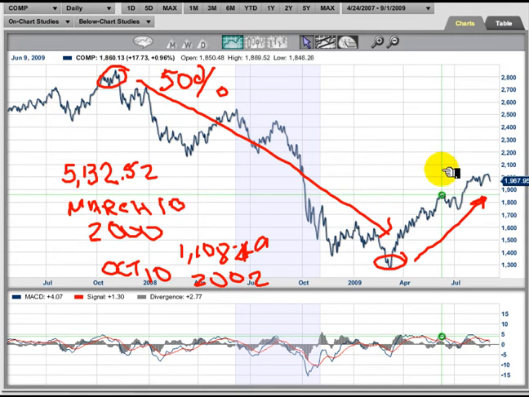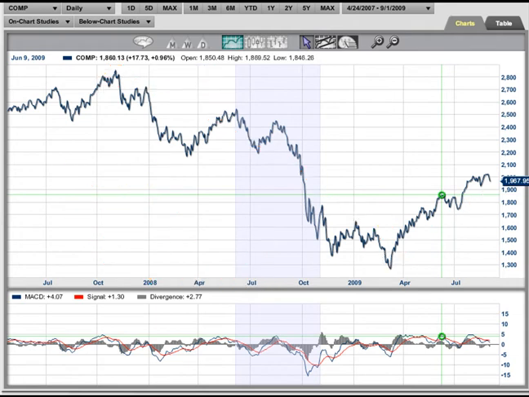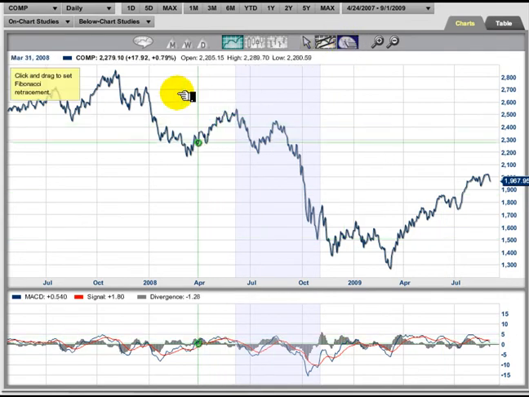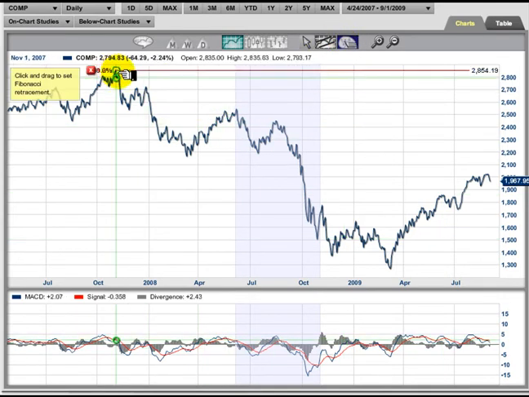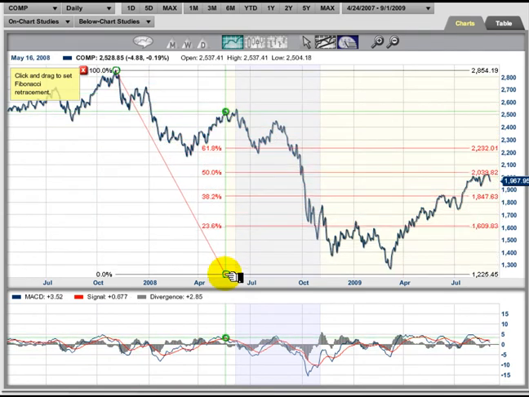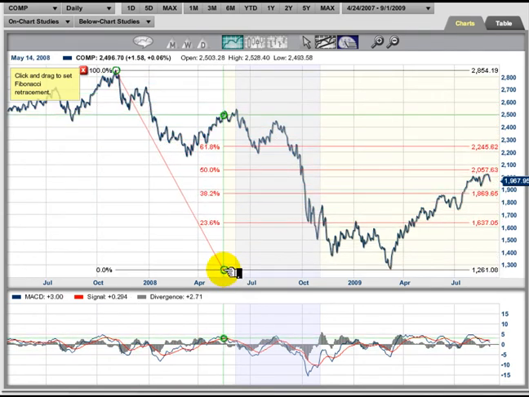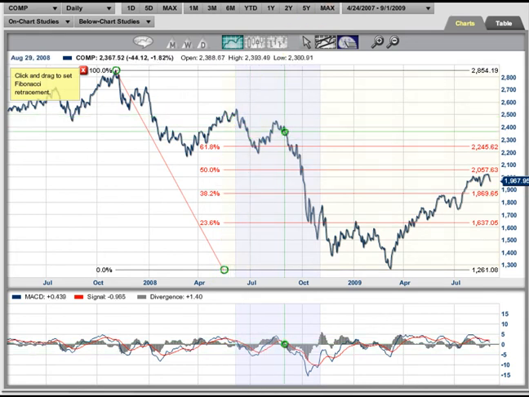So where are we now in this cycle? I believe we're in a secular bear market in the NASDAQ. So let me take everything off the screen, and I'm going to put our Fibonacci tool on, which is right here, and we're going to go from the very high, drag this down to the lows, and as you can see, we are very close to the 50% level, and we're right around here,